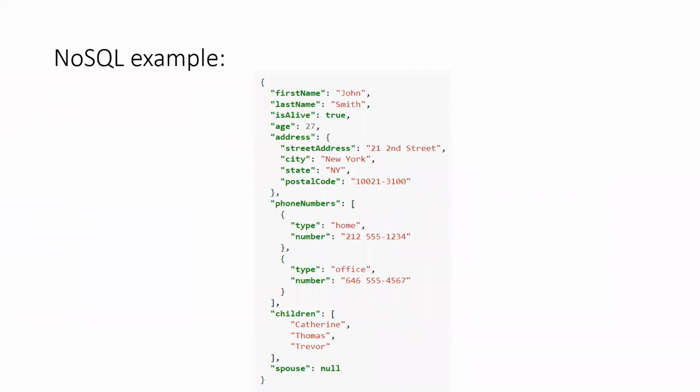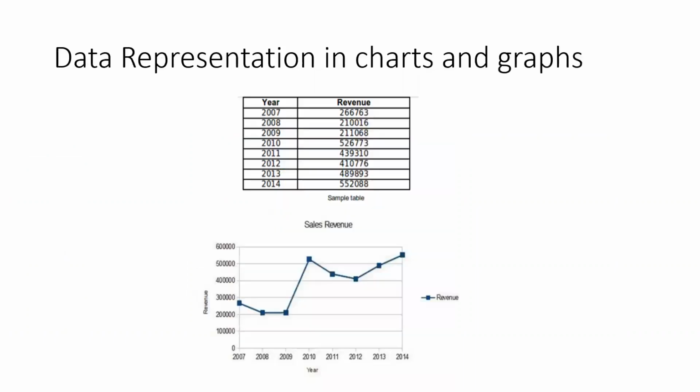So just to bring up one of the advantages of NoSQL, it can maintain hierarchical data. There is another thing, the data representation on top of charts and graphs. You can see over here the tabular data structure, and we try to convert the same thing into a particular chart. So the data should also look like this. It's called visualization representation of the data.